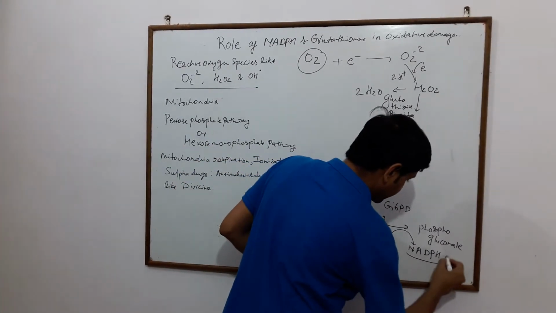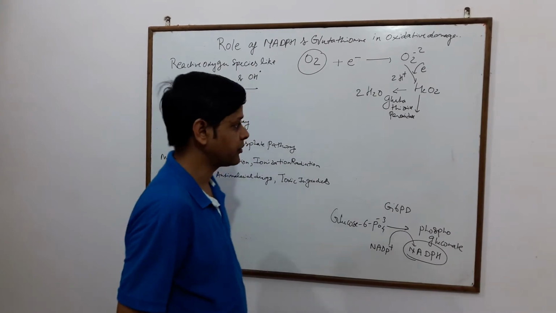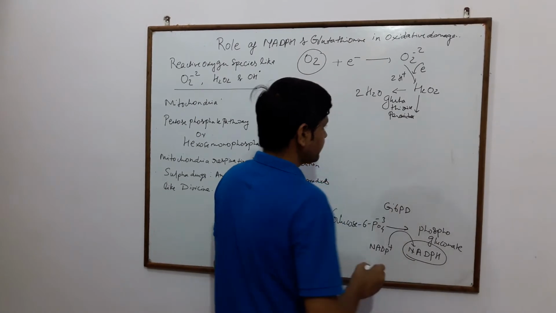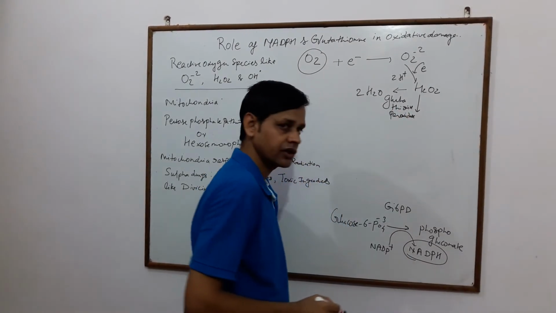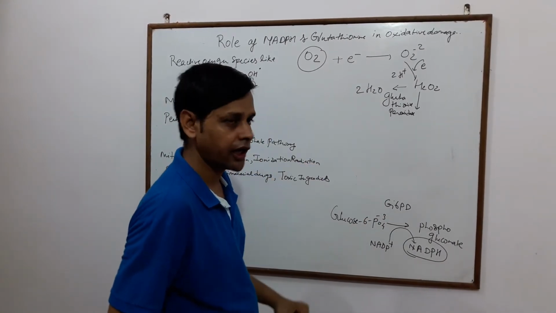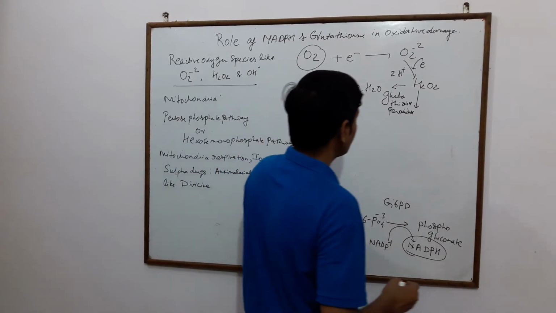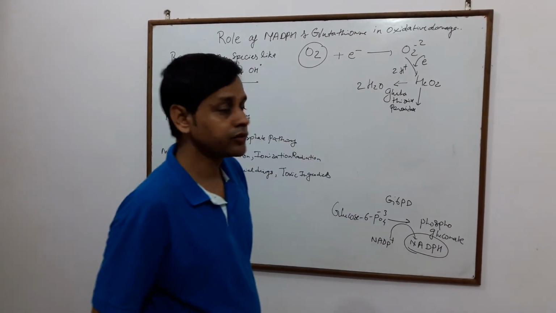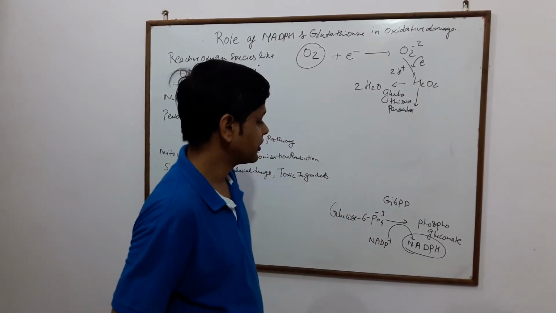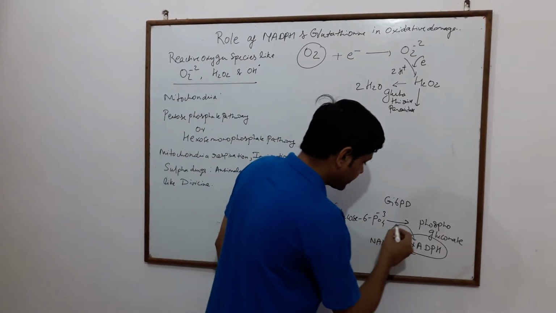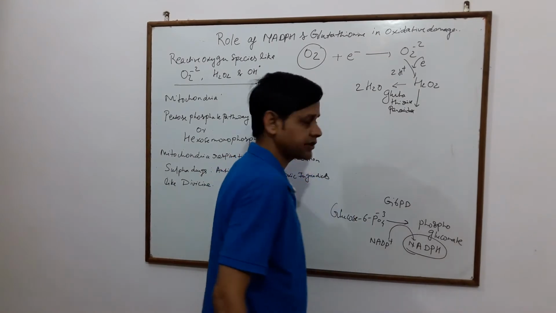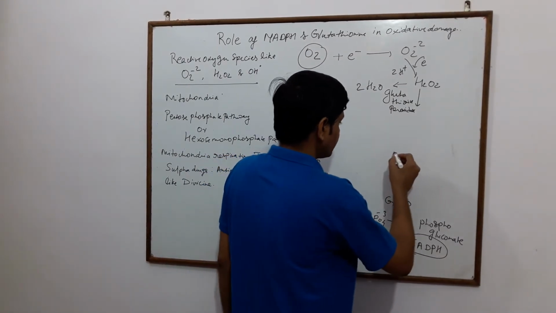The NADPH creates a reductive environment and activates this enzyme, glutathione peroxidase. If we look at the architecture of this enzyme and see which atoms are responsible for protection from this reaction, whenever NADP is converted into NADPH, the glutathione peroxidase has one glutathione species,